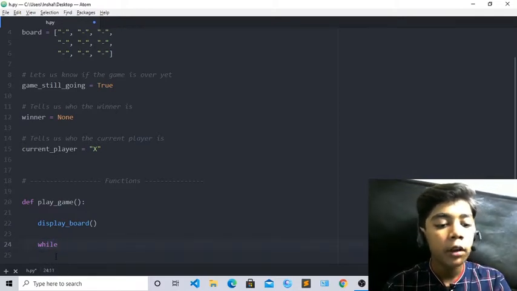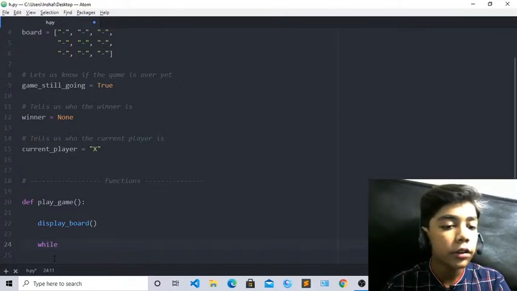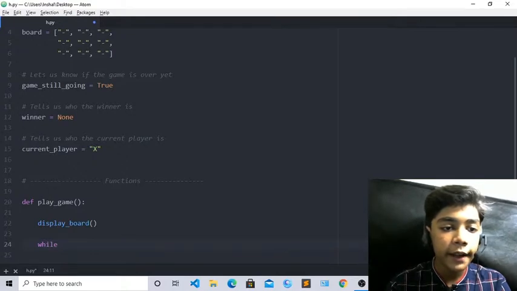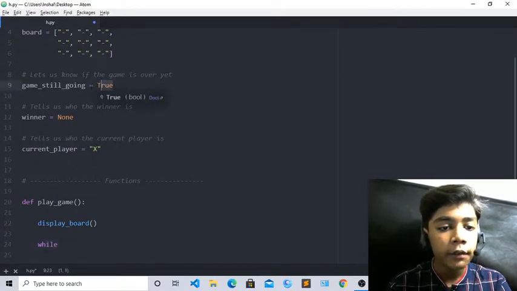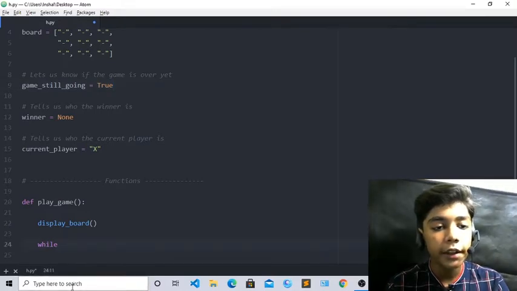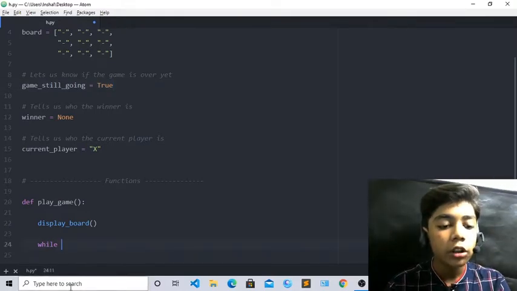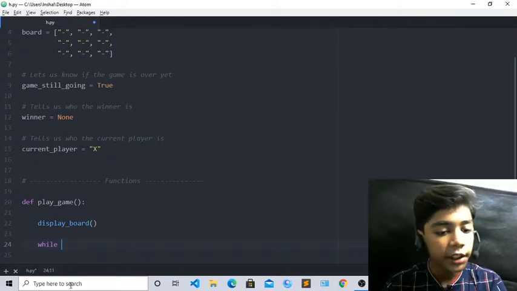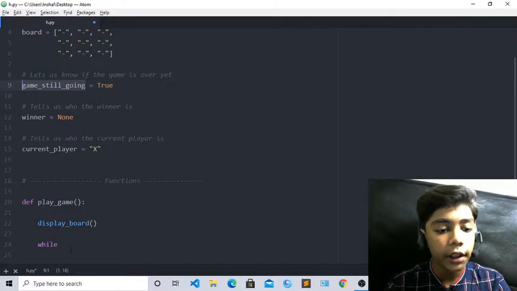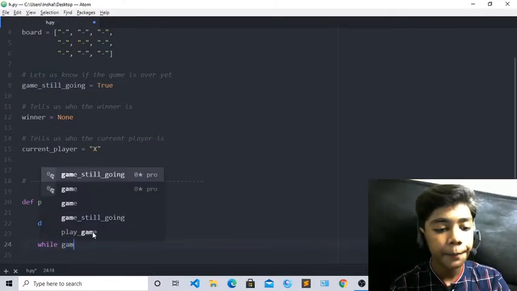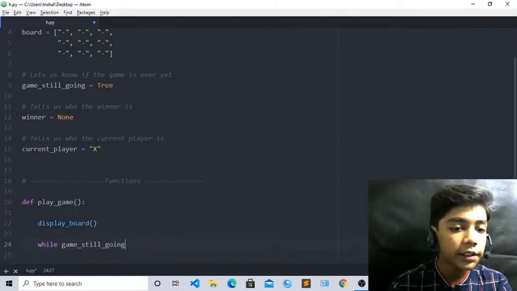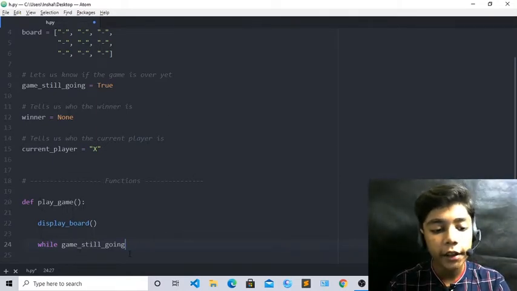Now when you have written this while tag, we have to also define one thing with it, okay. Here you can see, let us know if the game is over yet. Here we have defined game is still going equal true. So here we have to also define game is still going, which will be true, okay. We have to define our game is still going function here also, but we will not define it with true, we will define only this function. We only have to write game is still going. You don't have to write this equal to and true, because if you write that, an error will come here, okay.